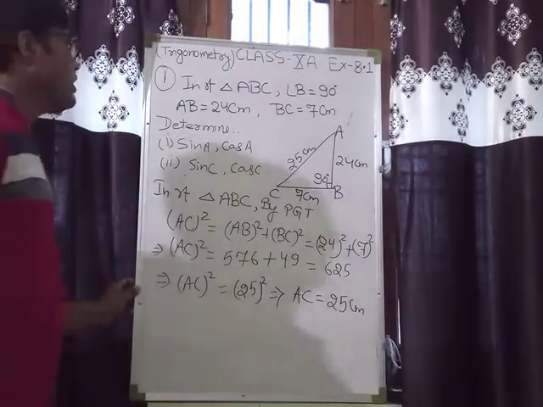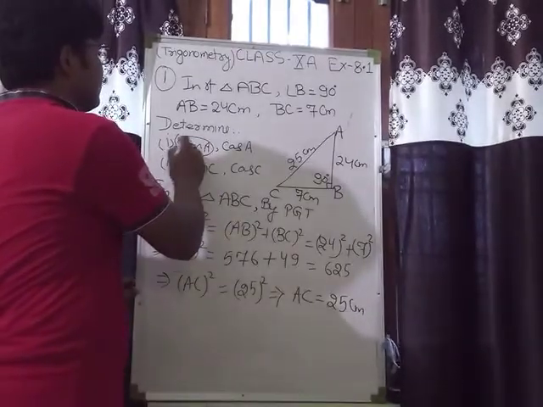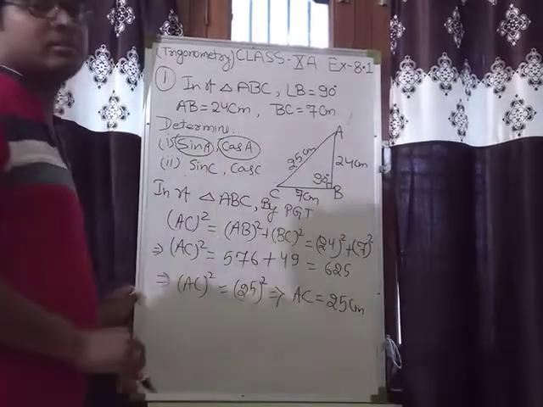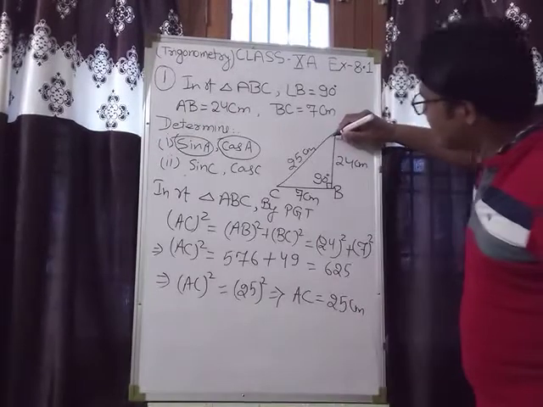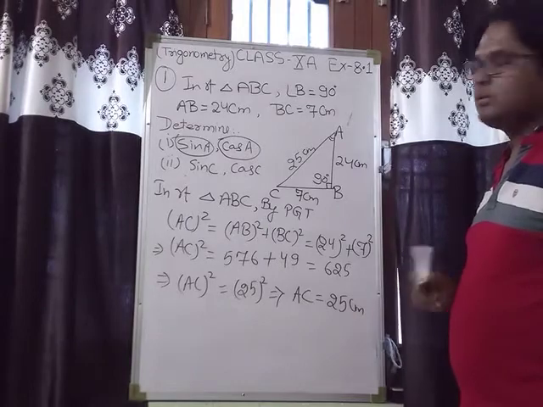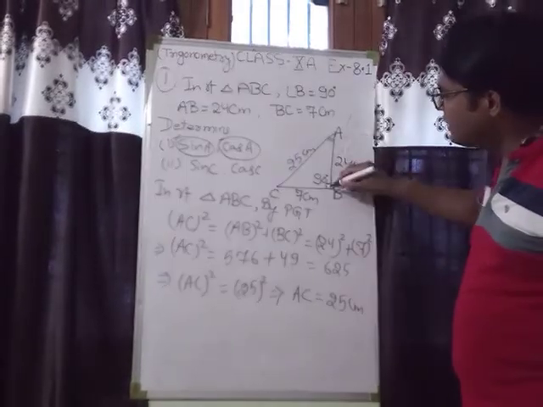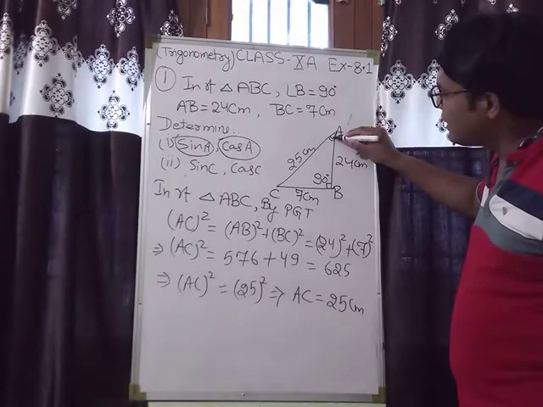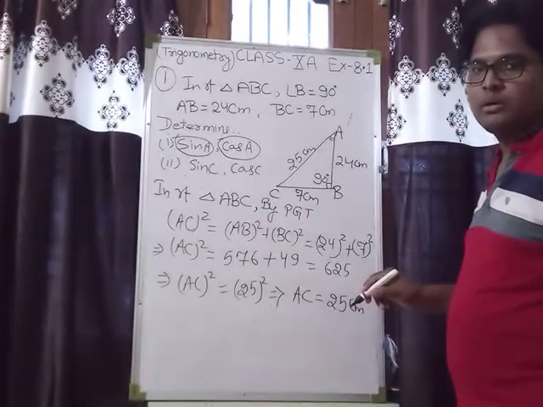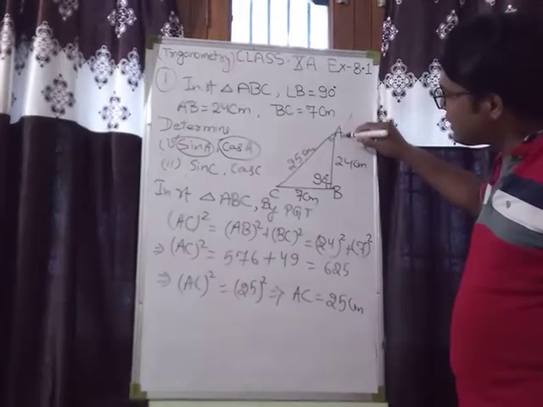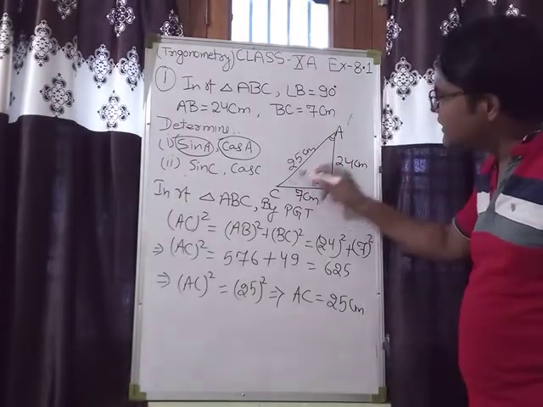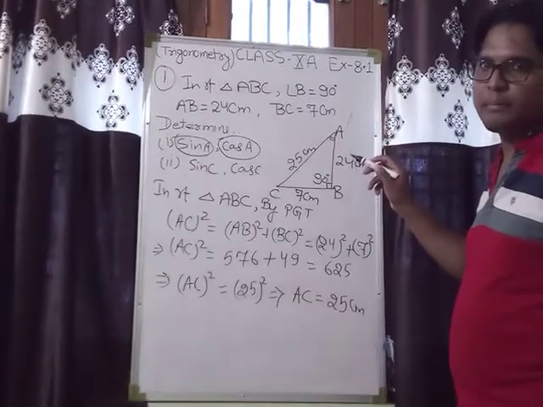Okay. Now we have to find out sin A and cos A first. Means we are talking about this angle, angle A. If we are talking about this angle, clearly side opposite to this angle A, BC, will be perpendicular. And side adjacent to this angle A, that is AB, will be base. And AC is always hypotenuse because that is the longest side.